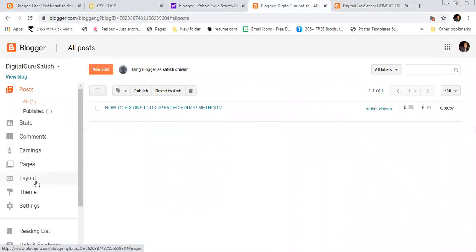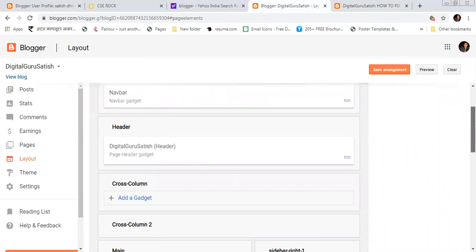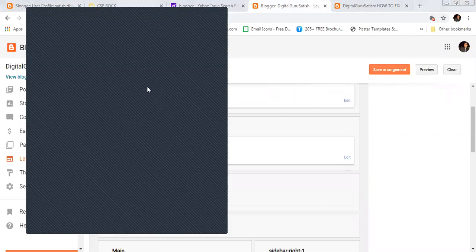Now I am again clicking on layout to edit this. We have done that. Header, or what type of header you should have. So first I want to tell you something about that. In your header, your blog title should be present, your blog description should be present, your image should be present, or if you want to choose an image from image or URL, you can choose from here. You can give your URL and paste, use it. Okay, so configuration of header we will do here.